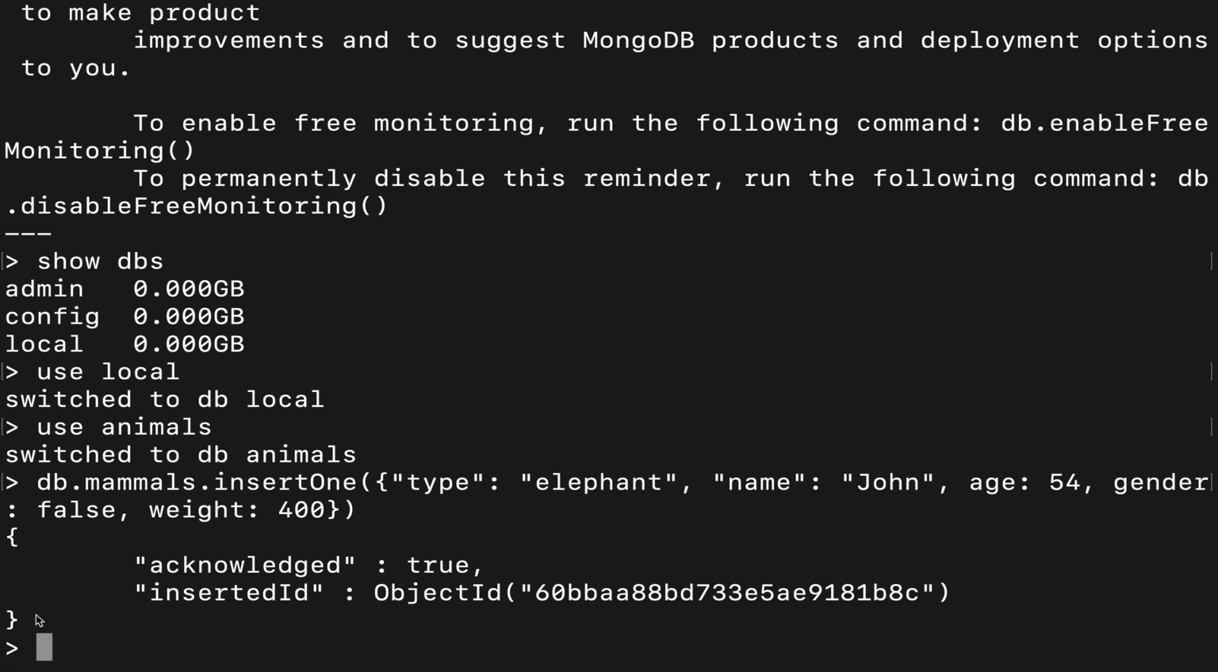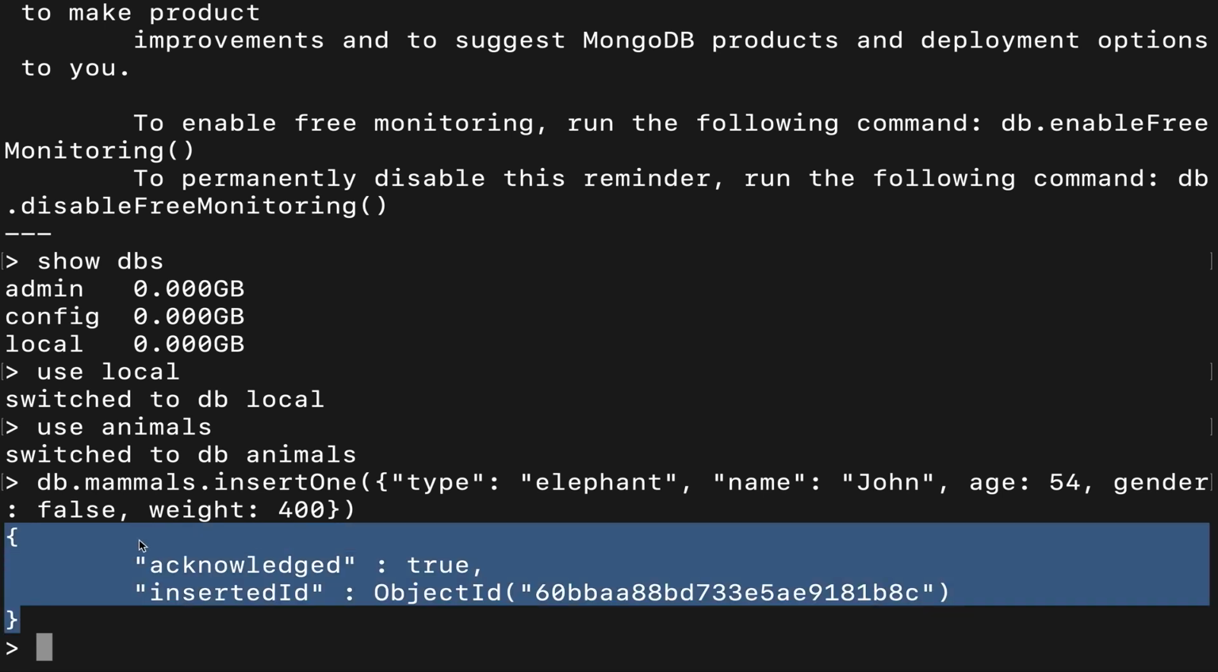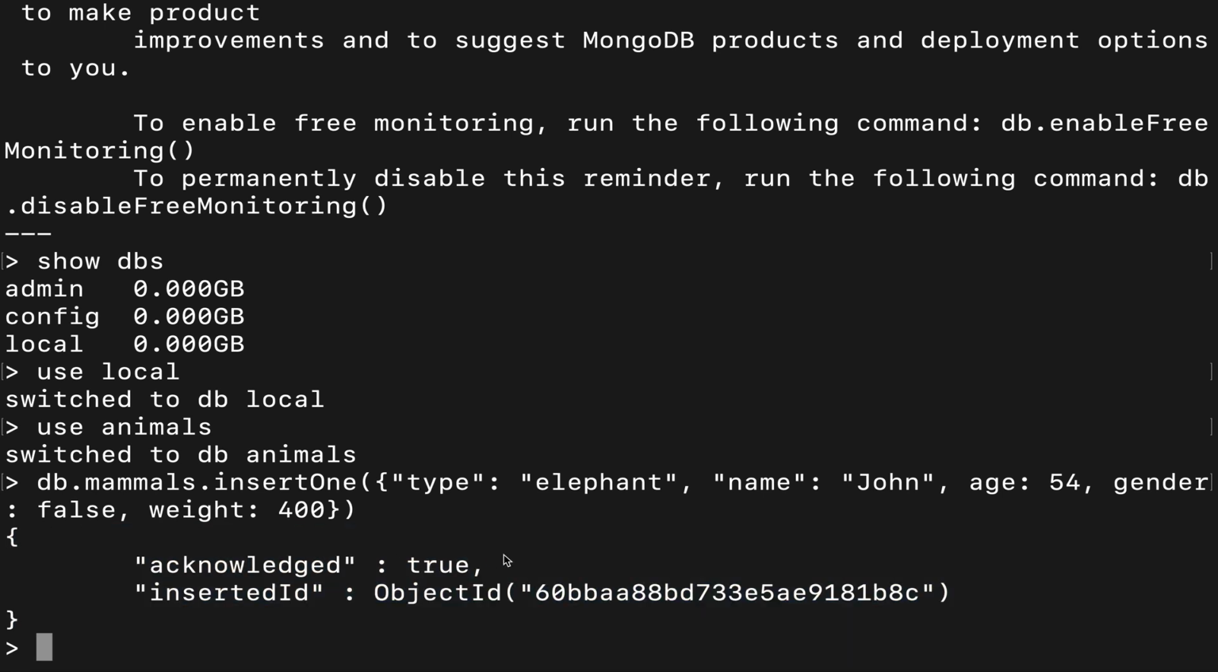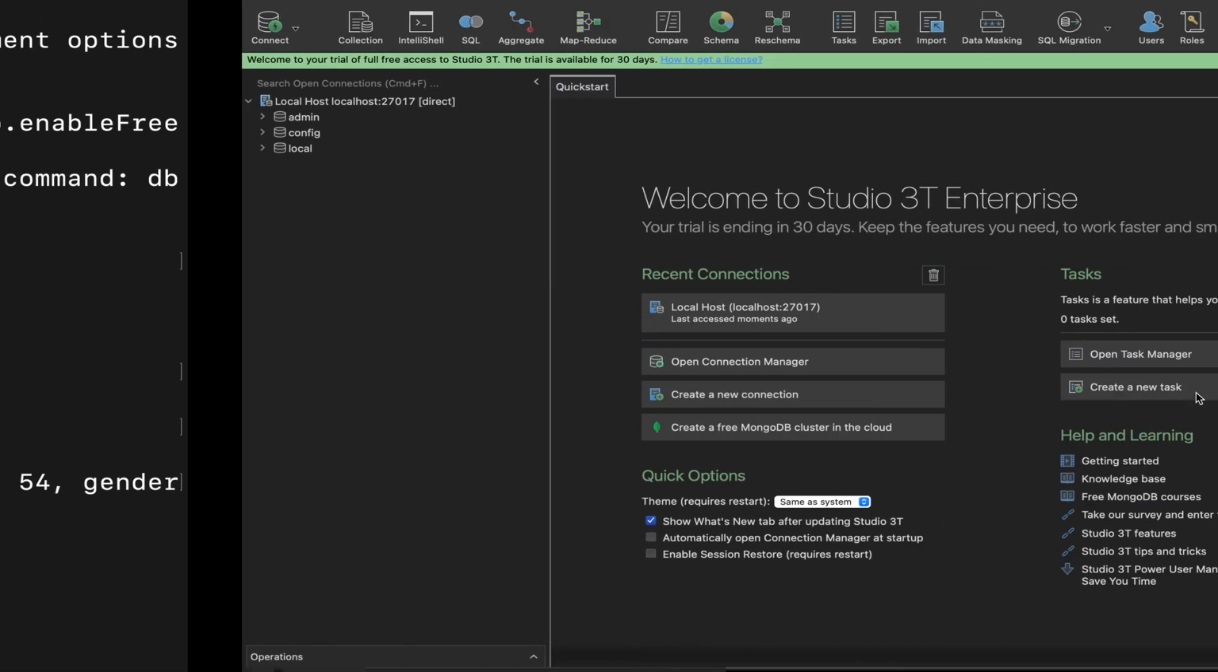And we got this object back over here saying acknowledged: true, basically saying that yes, we inserted this. And then it gave us this object ID. Now, for each document, MongoDB is going to assign it a unique ID. So now what we can do is go to